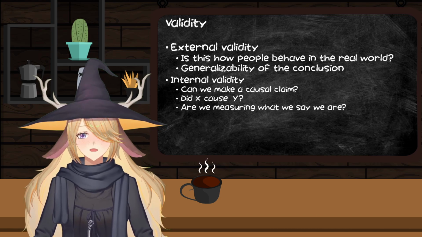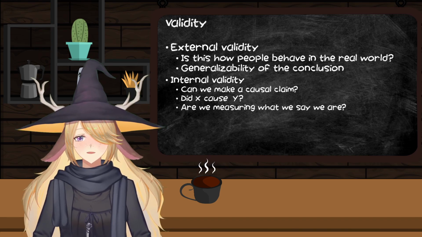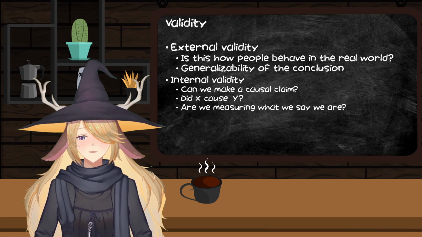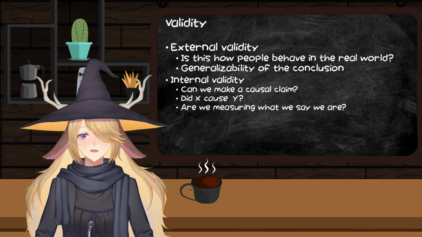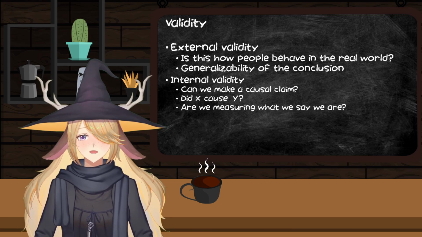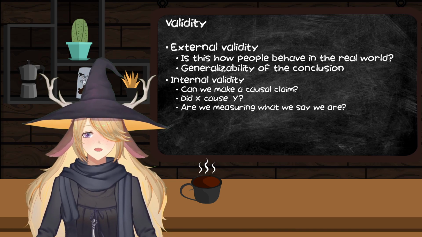And there's also internal validity. Now this is a really important one, and we're going to be thinking about this because only one of the designs that we're going to talk about really can establish internal validity. And that is to say, are we actually measuring the thing that we say we are? So in this case, what you might say is,